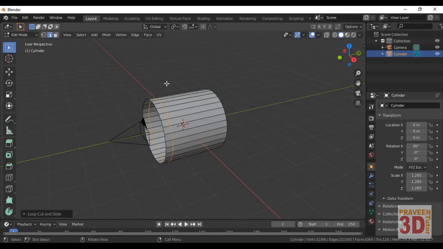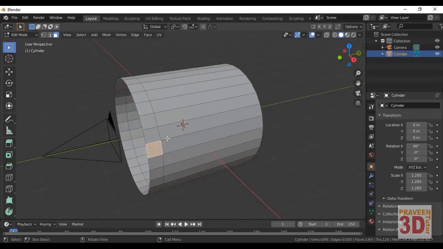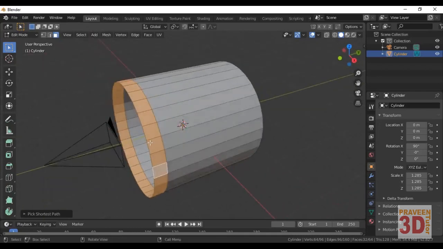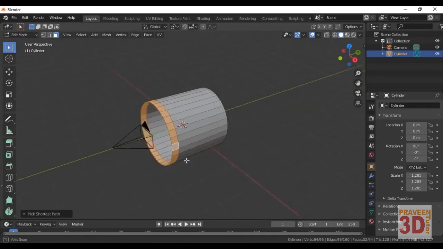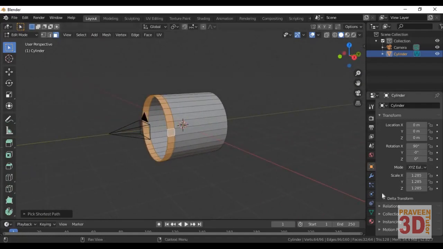Next we need to select the faces here. Once again, face selection, select any face. I'll zoom in here so that you can understand easily. Select that face, hold Control and click on this loop cut area, so it will automatically select the area under the loop cut. It will be very useful in other editing techniques for you guys. So for this technique, please give me a like here guys.